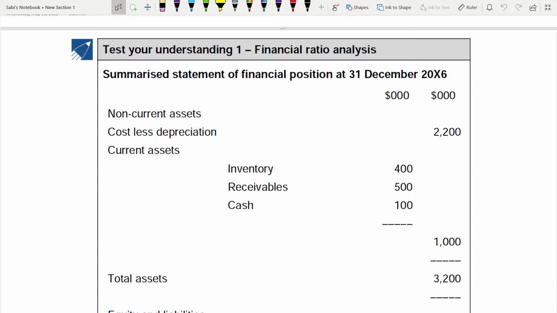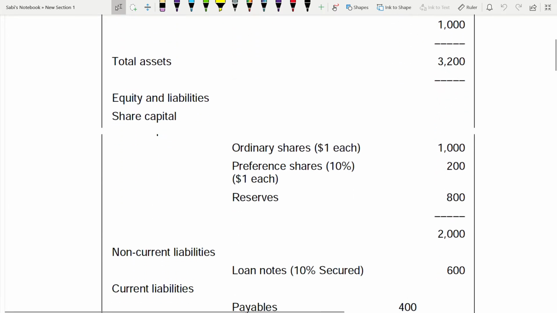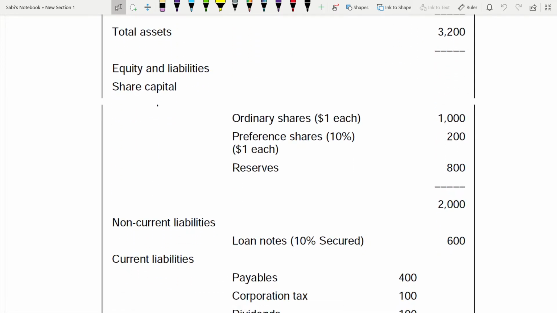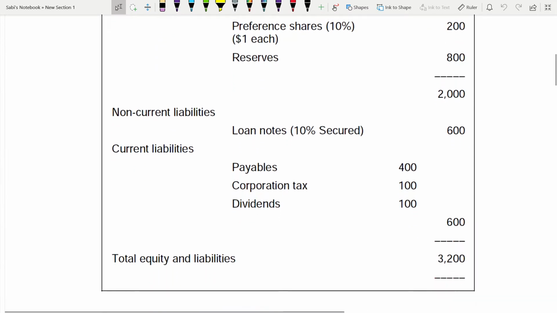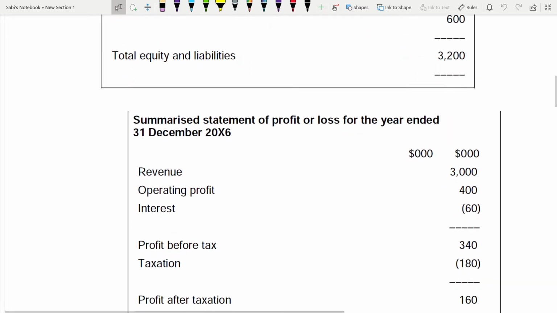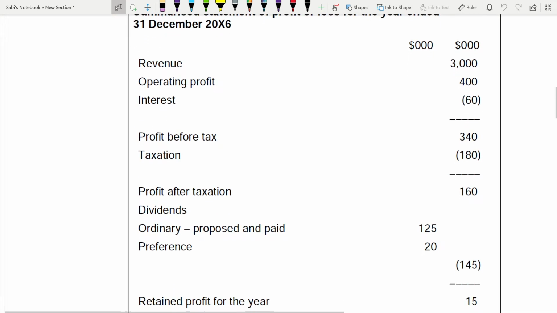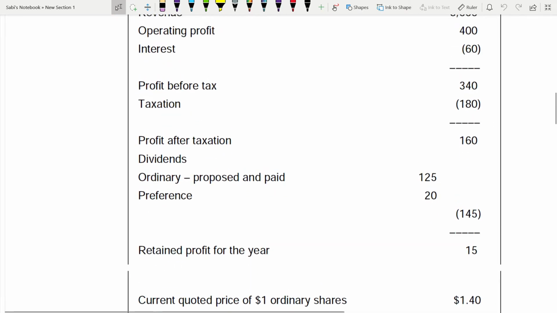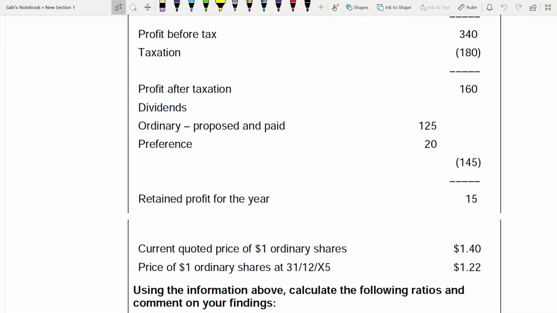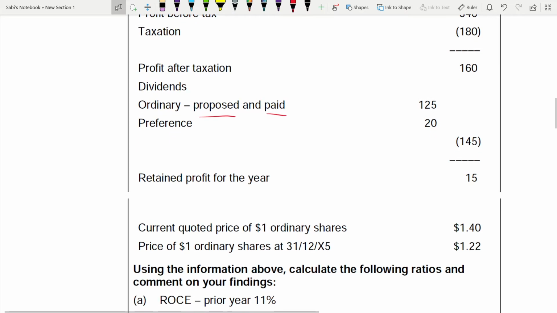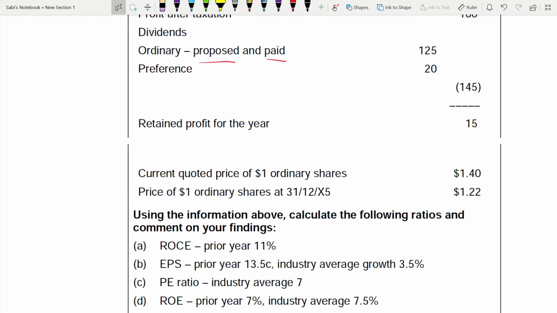As you can see, test your understanding 1, financial ratio analysis. You have been given the statement of financial position. Let me scroll down. You have been given preference share in this case. And you have been given the income statement, profit or loss. And if you can see the dividend, you have been given both proposed and paid. Okay. And then you have been given the current quoted price and the price of ordinary share,